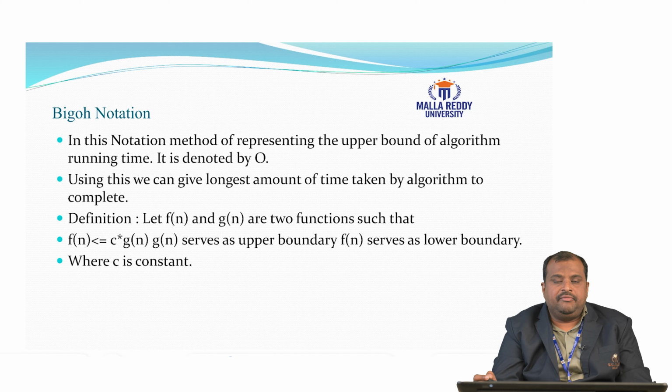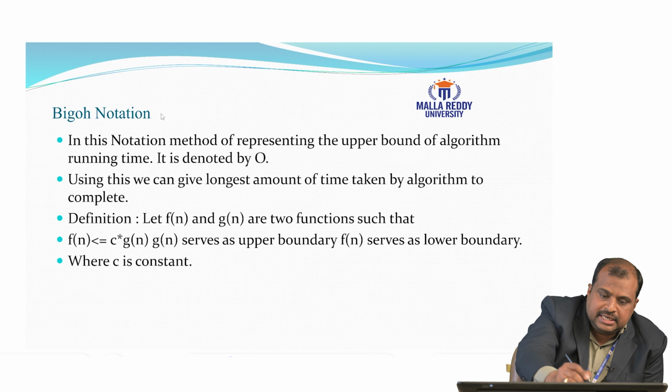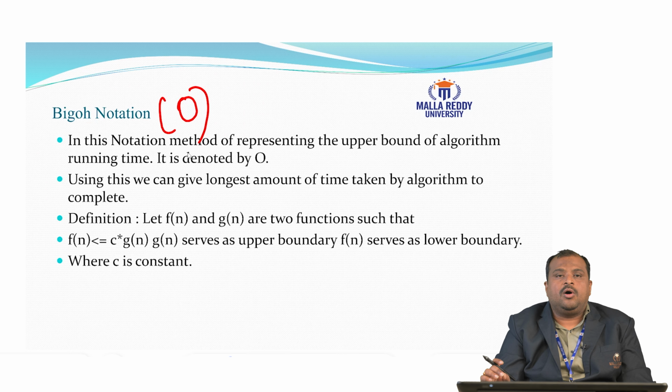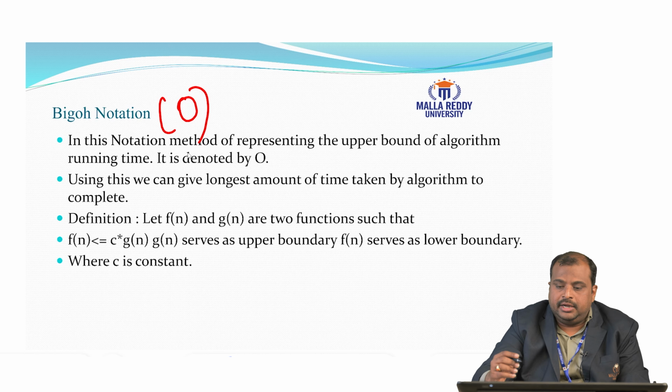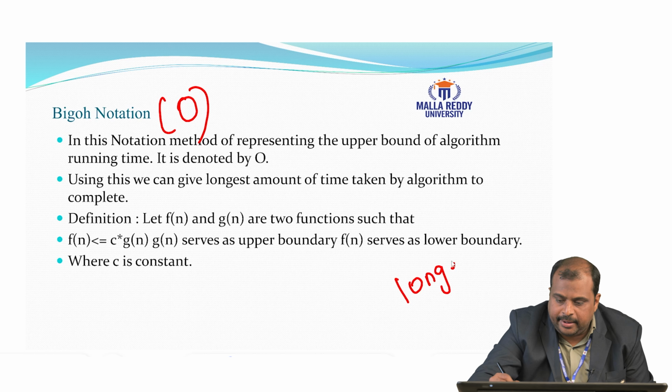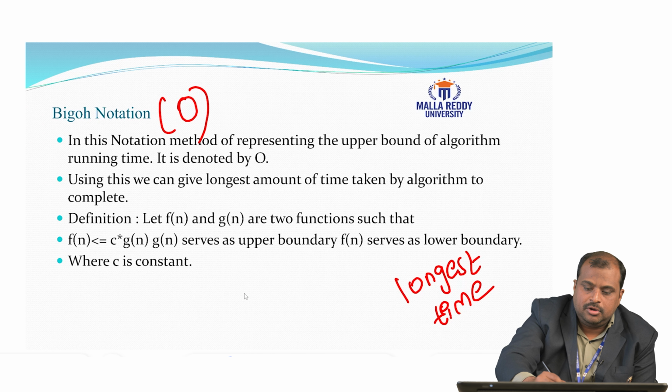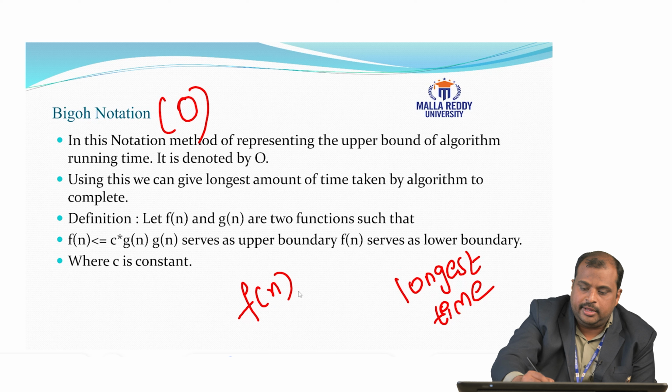Among these, the very first important notation will be big O notation. It is represented by the big O. With the help of this notation, we always represent the upper bound of an algorithm's running time. That is, the longest amount of time is going to be calculated. For implementation of big O notation, we are going to take two functions, namely f